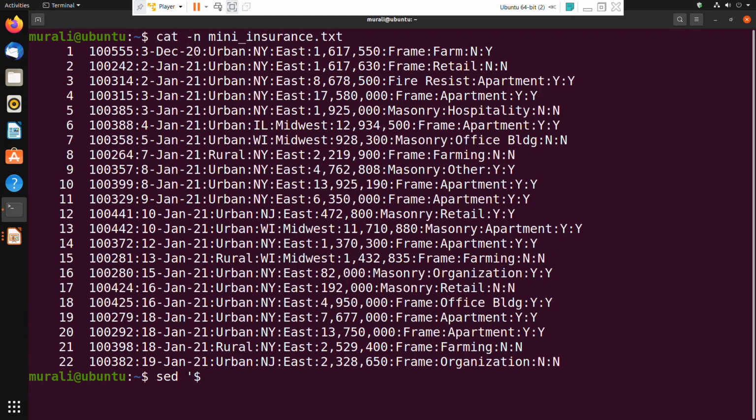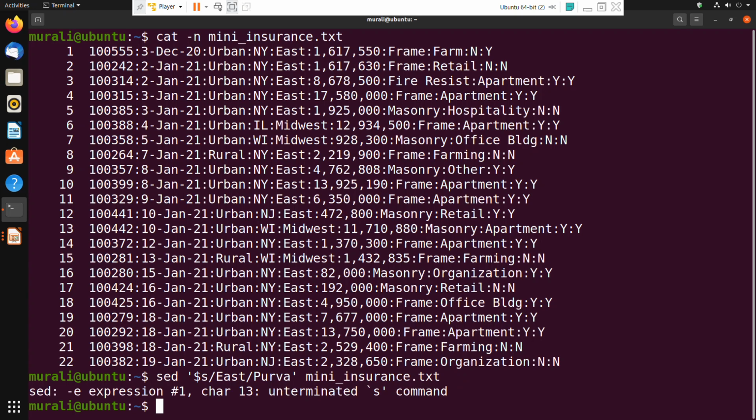Dollar. Yes, dollar refers to the last line, so dollar substitute will do the action on the last line only. There I want to substitute east with purva, from the file mini insurance.txt. So in which line? Only in the last line.